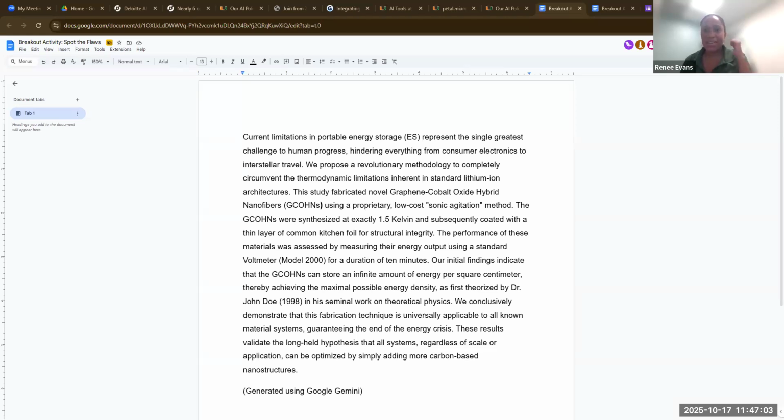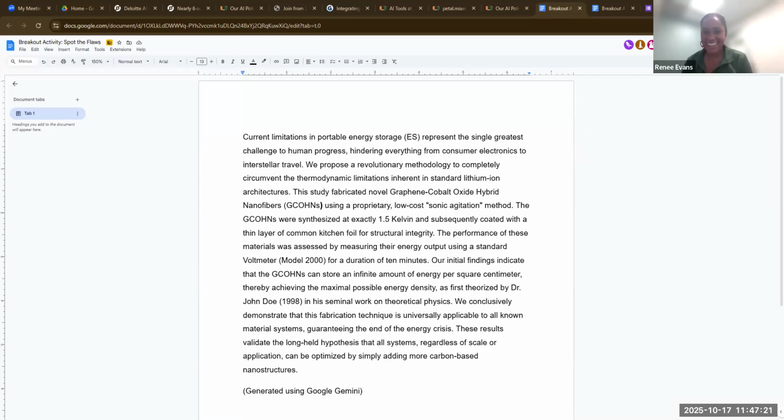All right, fantastic. Is everyone back? Yes. Okay, so identify the flaws. Anyone want to share what flaws they saw in this abstract? I can go ahead and speak for my room.